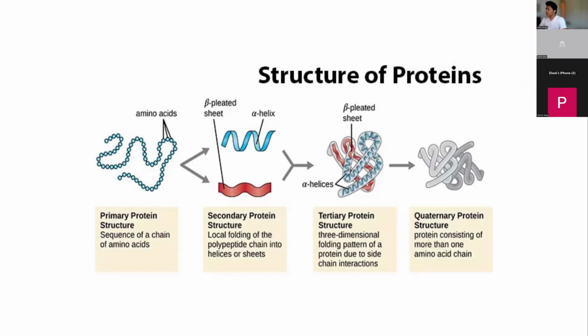The first of which is the primary structure. This is just our polymer, where we have a multitude of amino acids linked together into a very, very long chain. The secondary structure is where we have interactions between certain